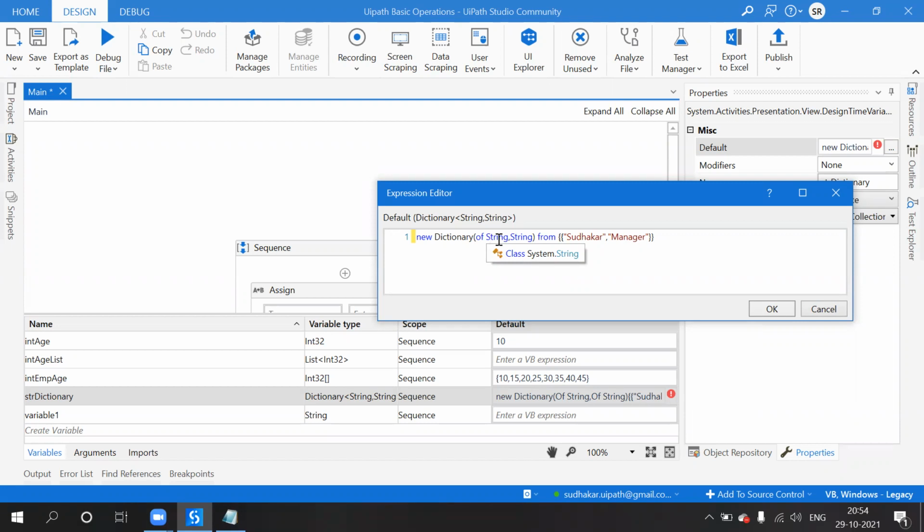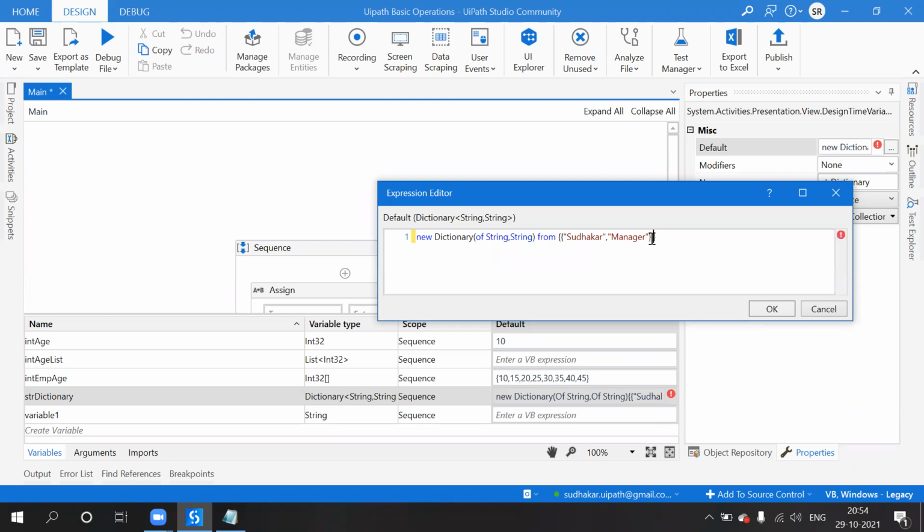So these are all the combinations. This is for only one.